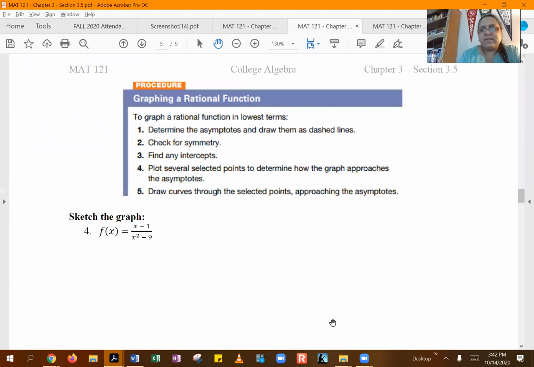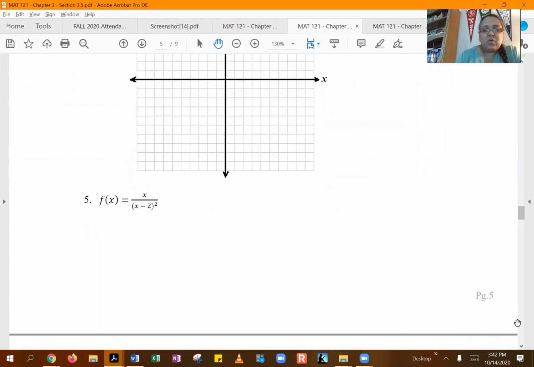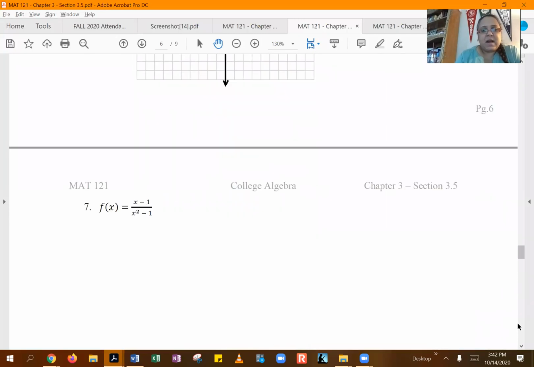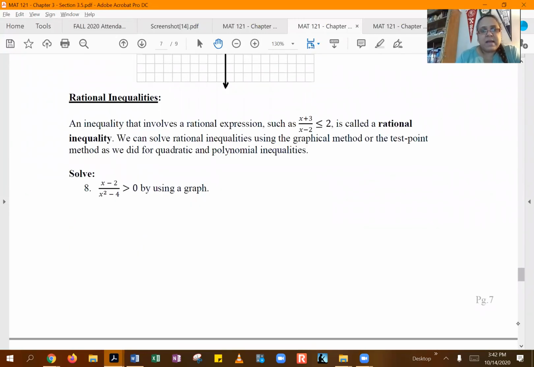the graphical method, or also you actually have the test point method to help you solve these rational inequalities. So basically the idea is, if you wanted to use a graph, you would have to find out where your asymptotes are and draw them as dashed lines, since they're imaginary lines. You can check for symmetry to see if it's an odd or even function, find your x and y intercepts, and then come up with the shape of your graph by using more points. You can do that, or you can always use the test point method, which is what we had kind of talked about